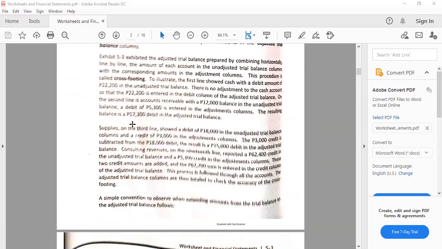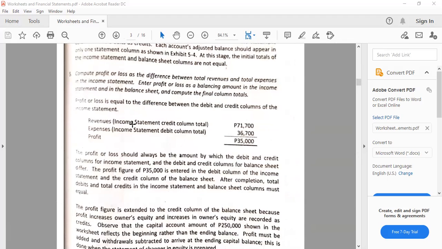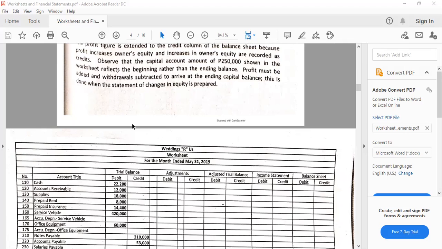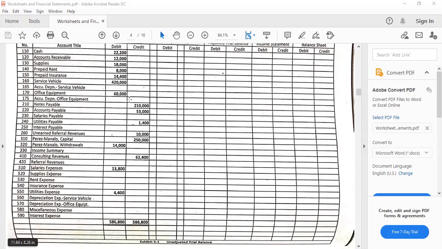Okay, so anyway, I can just mention the steps as we look at the worksheet, because I think it would be easier for you to realize and analyze should you see the worksheet itself. Okay, so that's the first step.